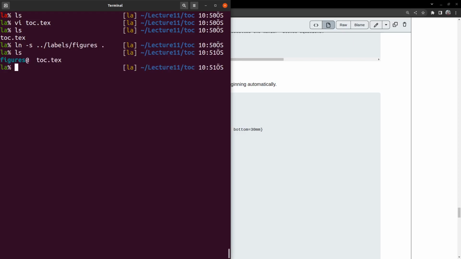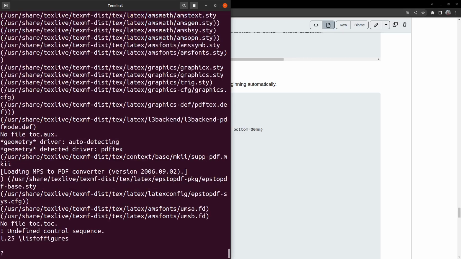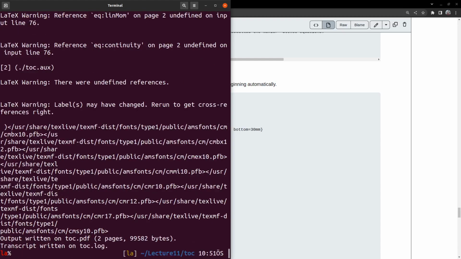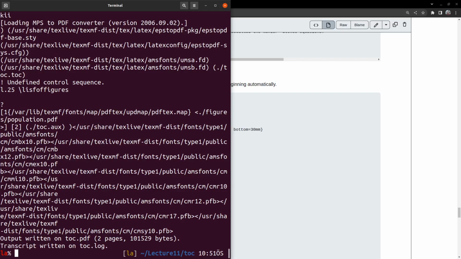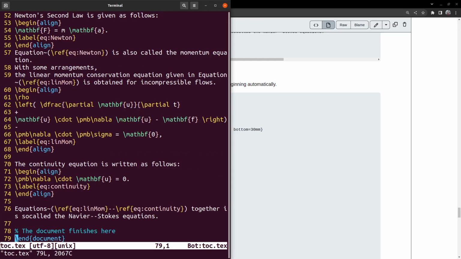We have the figures folder here, and this toc.tex will read this figures folder. Let's first run this toc. I got an error and I pressed enter. I'm now running it again, and again I get the same error. Let me check why I'm getting this error. I'm getting this error in the list of